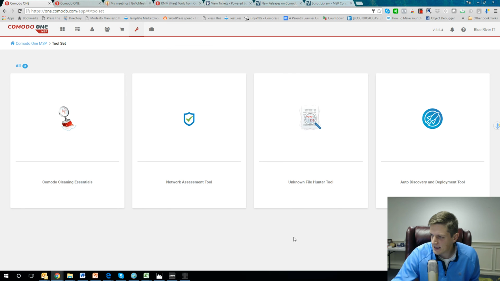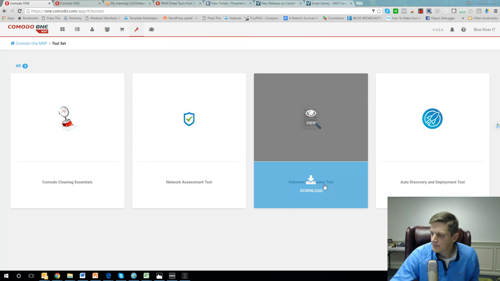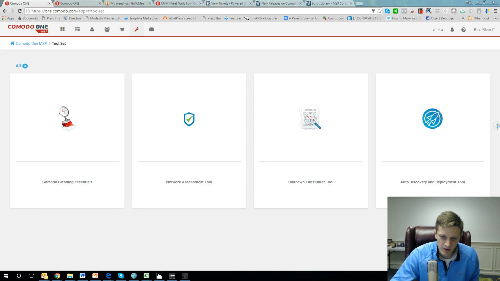So that is an incredible tool, but it doesn't resolve it for you. What resolves it is Comodo Advanced Endpoint Protection. So that's actually going to resolve the issue. This will point out the issues. That's why it's a tool. But then Comodo Advanced Endpoint Protection is going to resolve it. Okay. Let me go